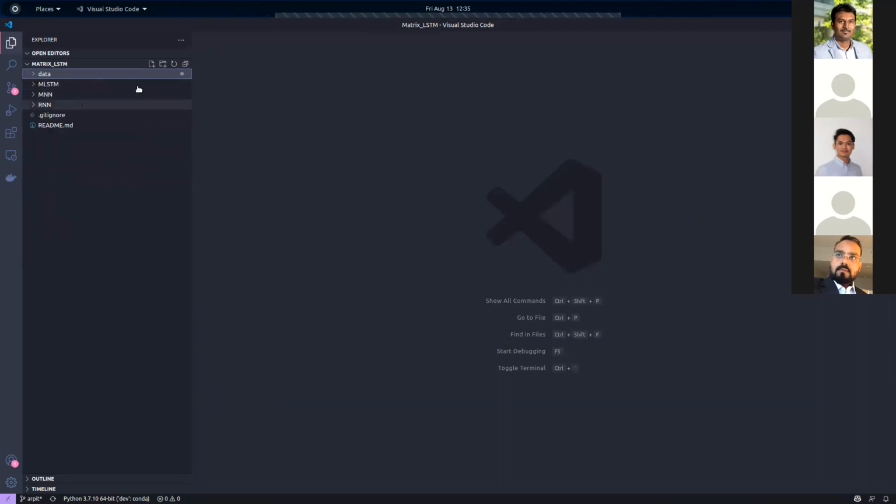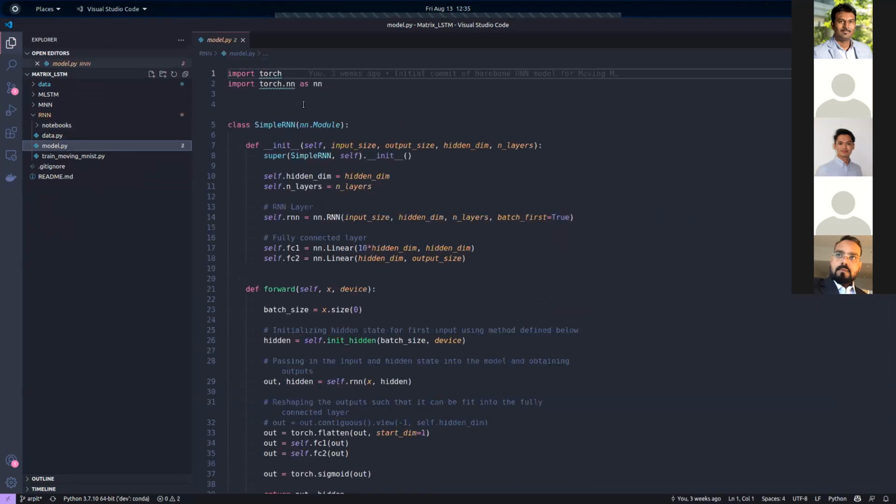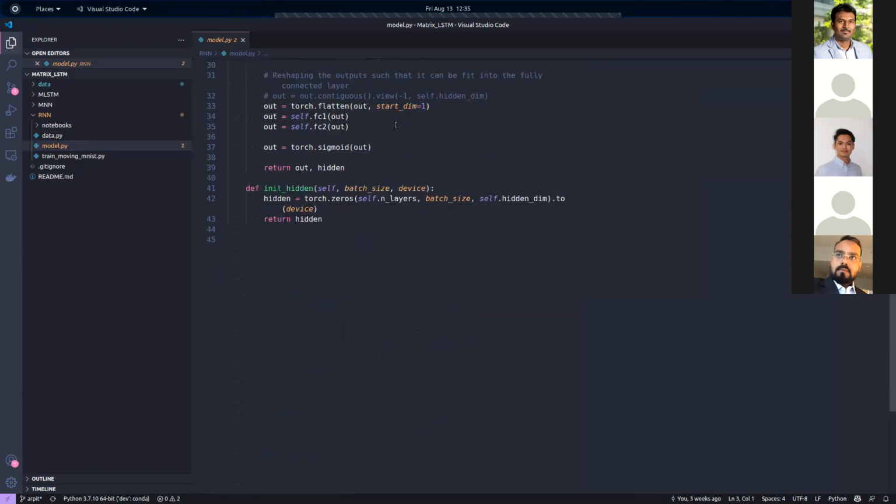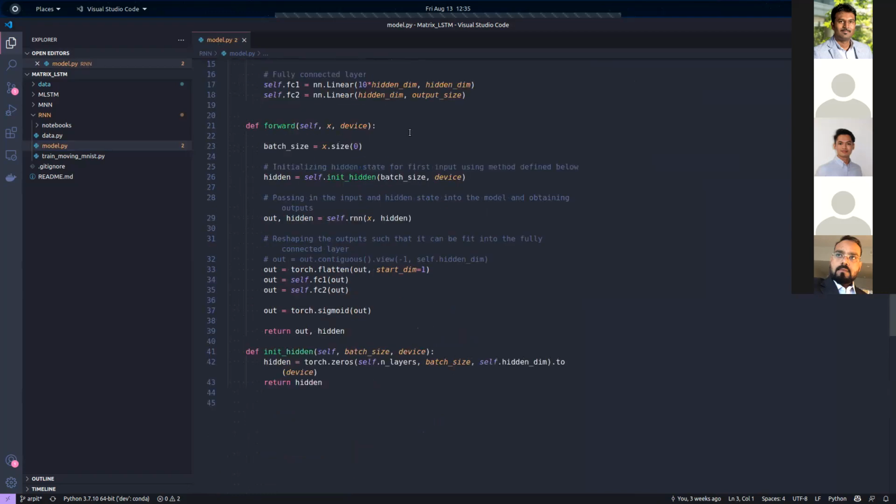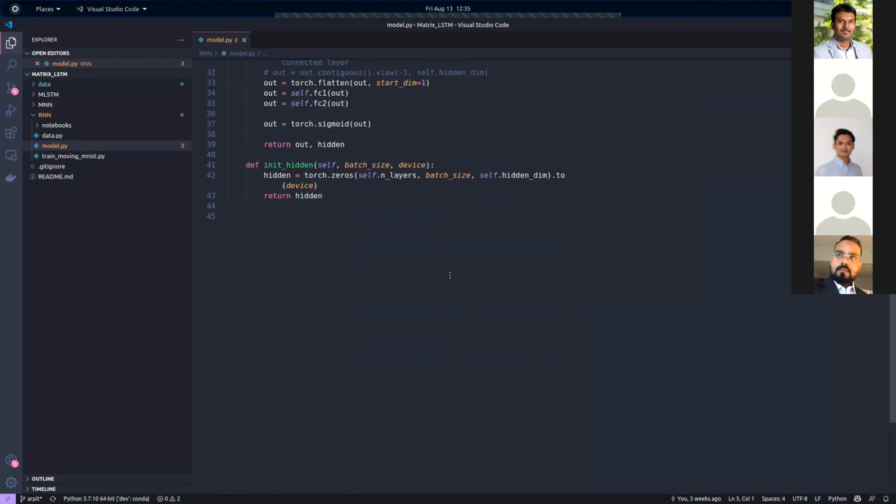This program has been written in PyTorch, right? So the model that I have created here has been written in PyTorch. A common thing that we do with deep learning is GPU training.